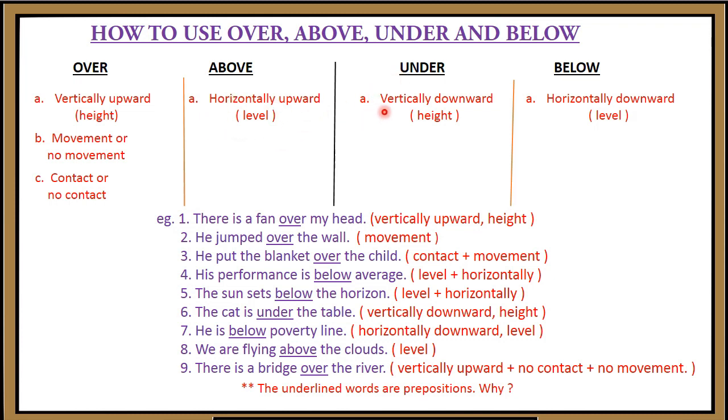Under is used vertically downward based on height. Below is also used horizontally downward following the level. তো এভাবে যদি আমরা এর ক্লাসিফিকেশনগুলো করে দিই বা এর ক্যারেক্টারিস্টিক্সগুলো বলে দিই তাহলে কিন্তু একটু বুঝতে অসুবিধা হয়ে যাবে। ফর দ্যাট রিজন এখানে কয়েকটা সেন্টেন্স আমি নিয়েছি। Using those sentences I will tell you everything. That is number 1,